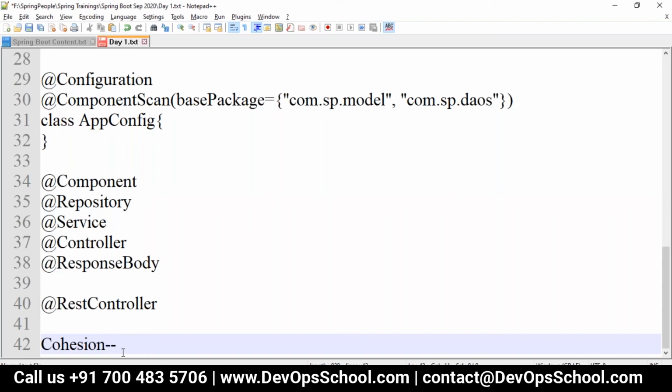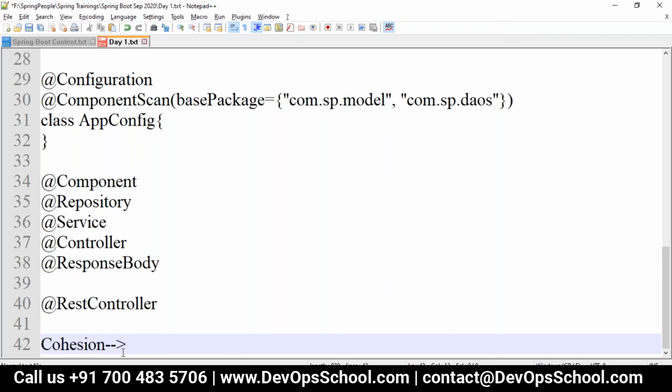So, bean factory and application context: when do you use one or the other? If you want to work with internationalization and you don't want all your components eagerly loaded, like when I deploy my application I don't want all the module objects created, I want a component to be available only when I send a request, and I don't want internationalization support, then we go with the bean factory.